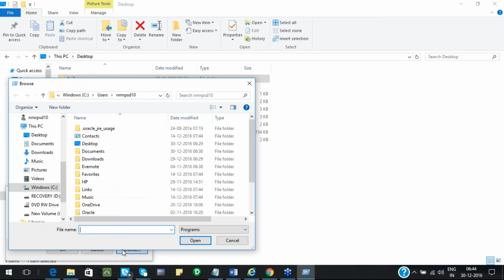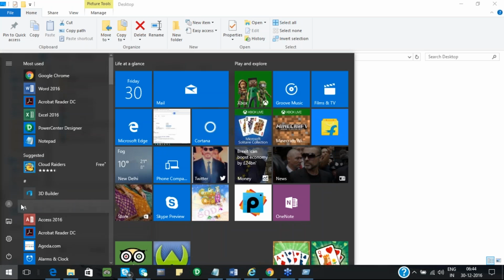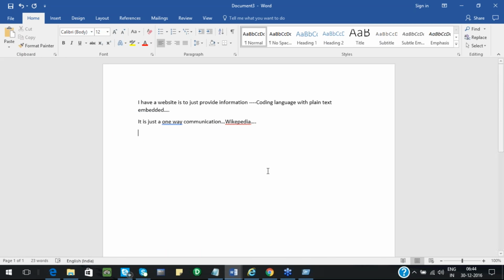Sorry, this search is not working. Just like when you search, if you give a name, it goes and searches for the respective folder. The same happens in the case of a website.